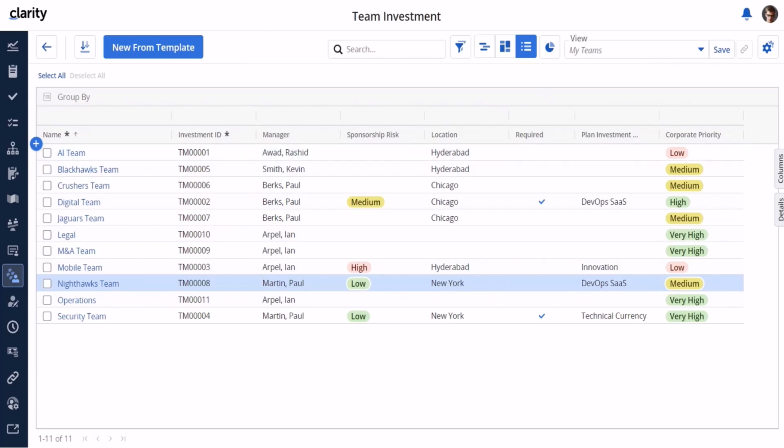Let's spend a moment talking about what happens to security after the migration. On the teams, users will have the same security rights to the team investment that they had for teams prior to upgrade. For the corresponding team resource that Clarity automatically creates when you create a team, there's no change after migration because users who had access to those team resources will still have access after upgrade since they're still the